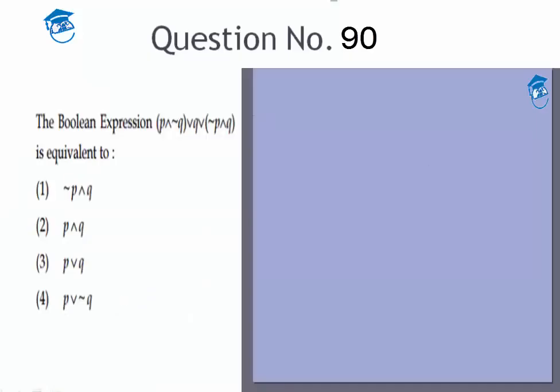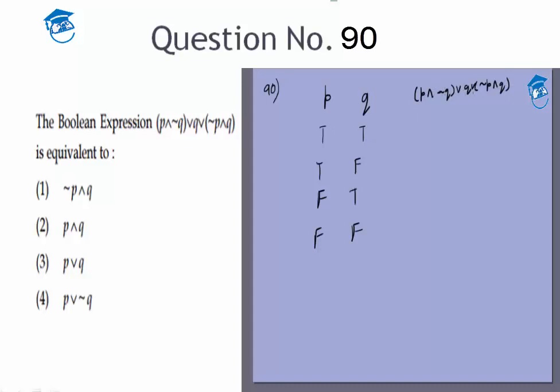And the last question is on Boolean algebra, and you can just draw the truth table to see P and Q can be true, true and false, false and true, false and false, and you'll write down the value of P and not Q, or Q, or not P and Q. So if both are true, then P and not Q is obviously not true, but Q